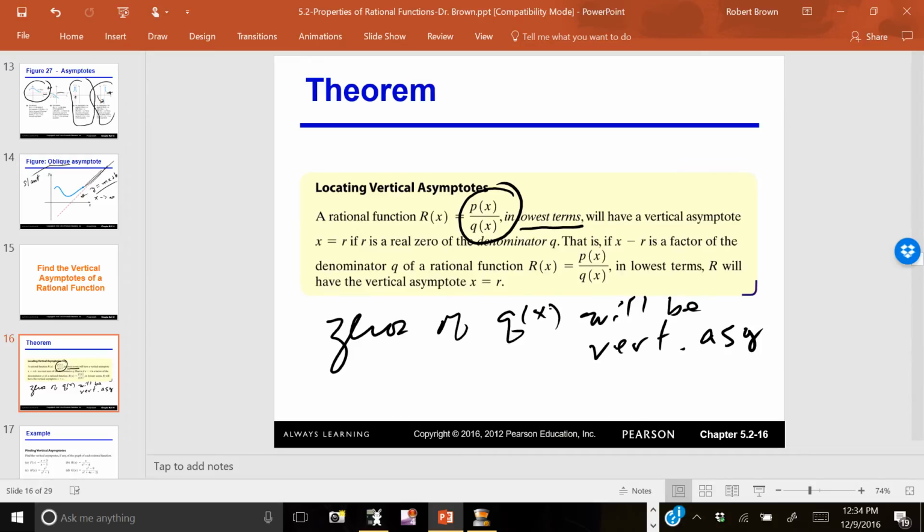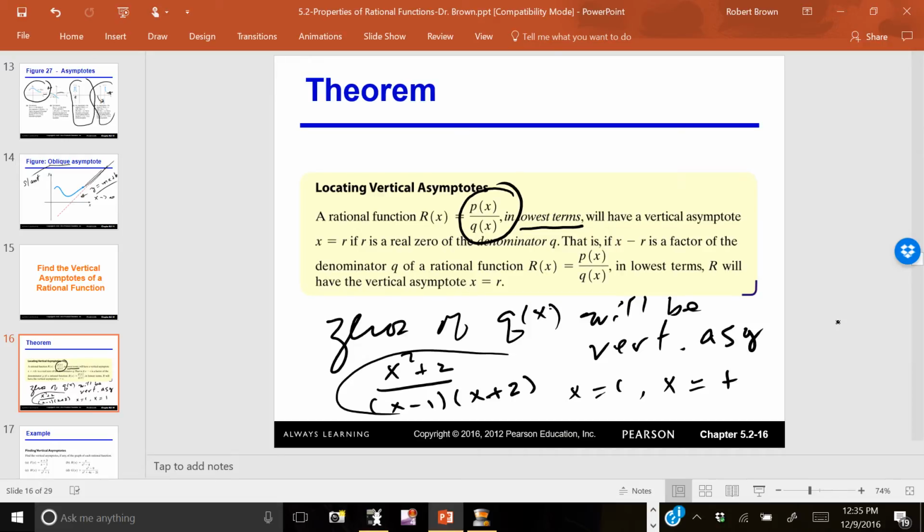Now, just as a quick example, if p of x were like x squared plus 2 over x minus 1 times x plus 2, notice that this is in its lowest terms, so x equal 1 and x equal plus 2, or I'm sorry, minus 2,